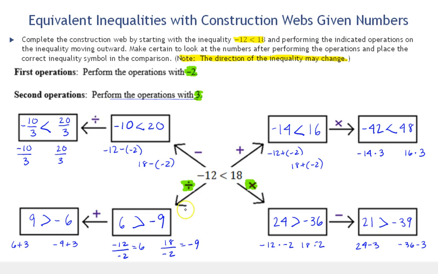Okay? So in these 2 cases, we were multiplying or dividing by a negative, and notice how that changed the original. The negative 12, when we divided it by a negative, it became positive, and the positive divided by a negative became negative, so it reversed the direction of the inequality symbol, and the same result happened here. So, to sum up on our next slide,